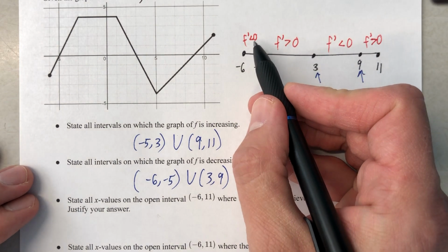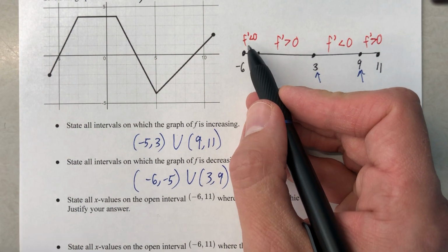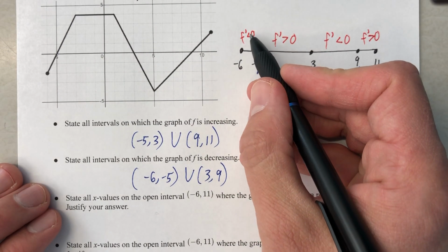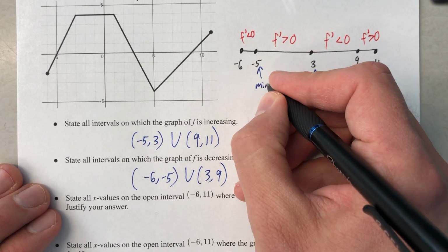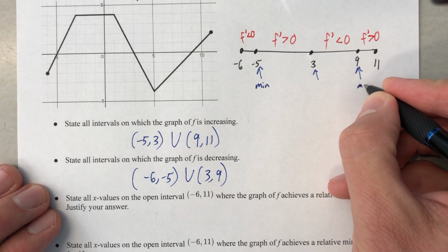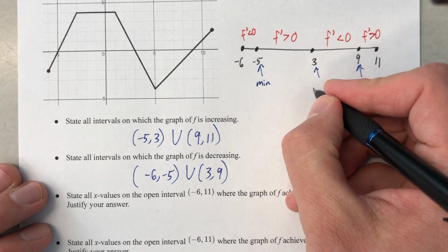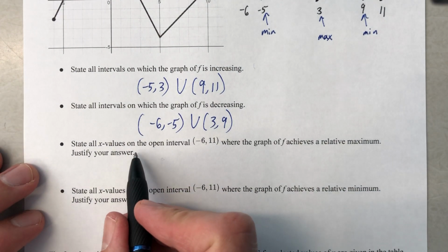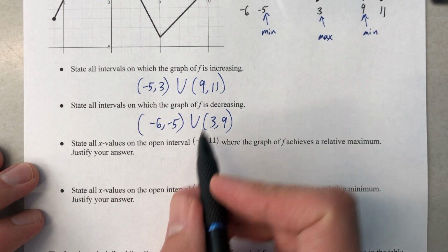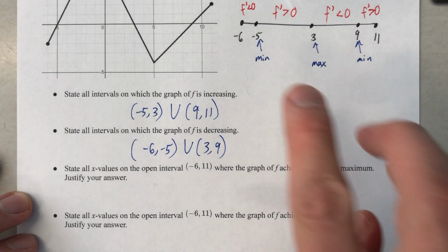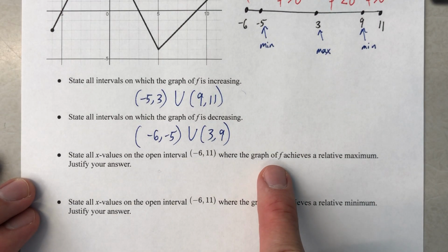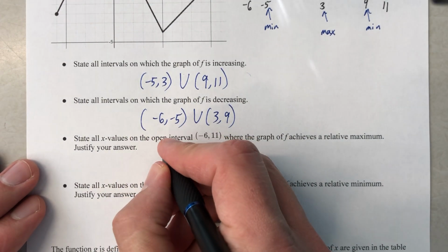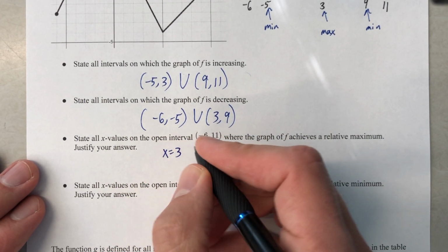Okay, our graph of f that you don't see here transitions from decreasing to increasing. So this is a minimum, and this is also a minimum. And this one is a maximum. Now we know the answers, but let's justify it. So state all x values on the open interval from -6 to 11, so just these three are my options, where the graph of f achieves a relative maximum. That would be this. So x equals 3